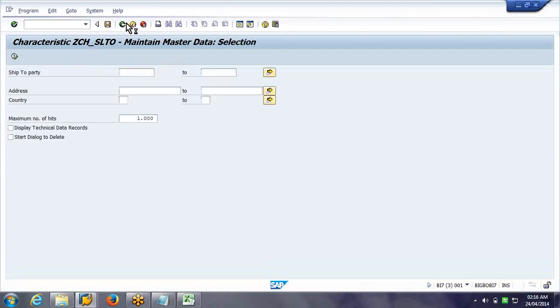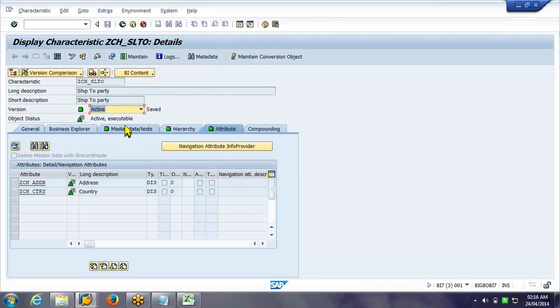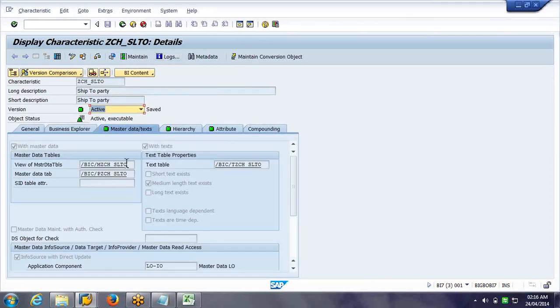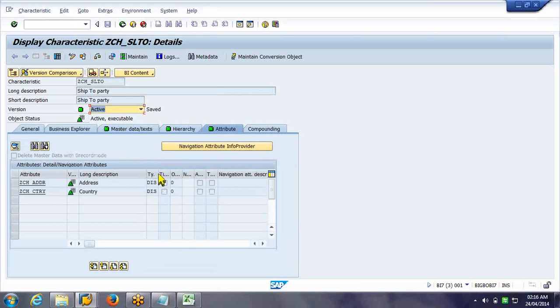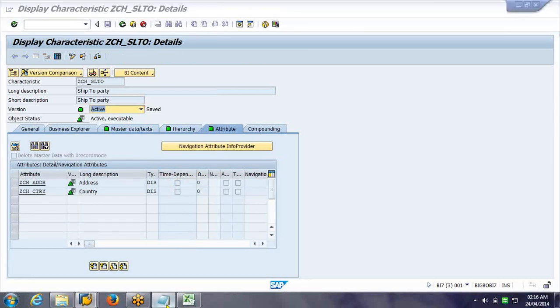It is reflecting over here. So we are seeing the underlying tables only. The maintain screen which we are seeing is nothing but the underlying table only. In this case, these are time independent attributes.